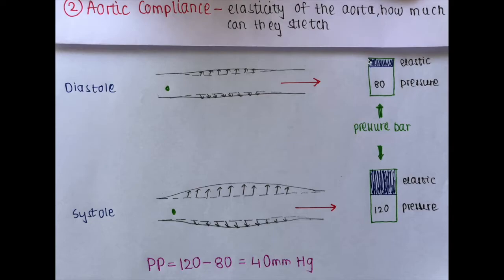Now you can see this pressure bar. This is the pressure which is generated due to the actual amount of blood that is flowing through the artery, and this is the elastic energy, that is some part of the energy in the blood here is converted into elastic energy which helps the aorta to stretch and allows the blood to flow. So you can see slight elastic energy is generated and 80 is the blood pressure.